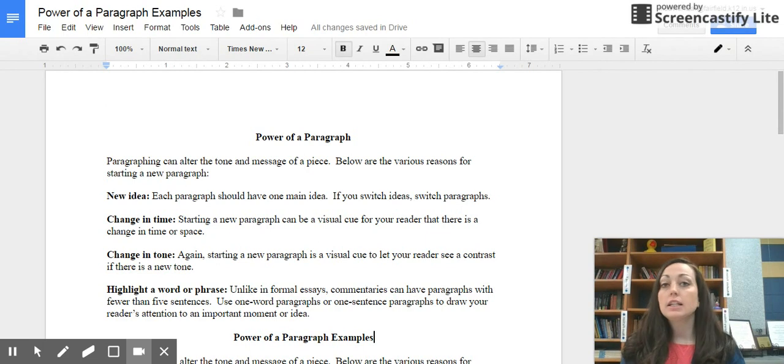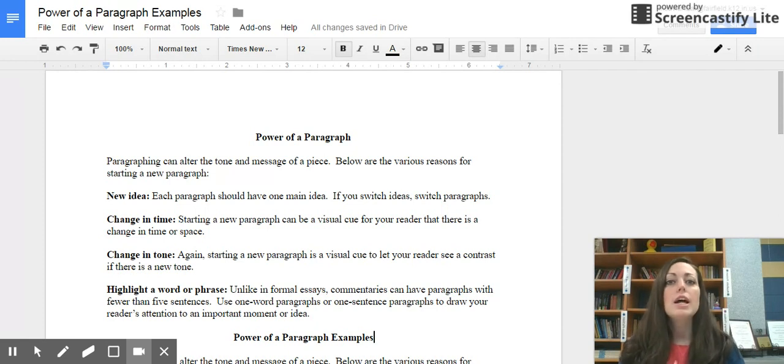Generally, in academic writing, like traditional essays and that sort of thing, you want to be a little bit more formal, which means that you can stick to that rule of at least 5 to 7 sentences in a paragraph. They can be longer, it depends, but you definitely don't want to go any less than 3 in an academic